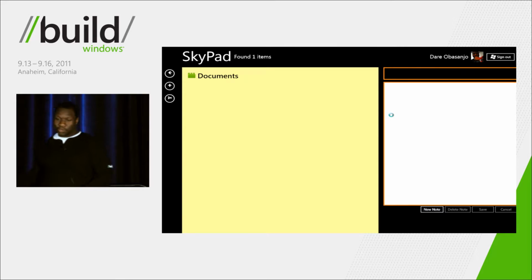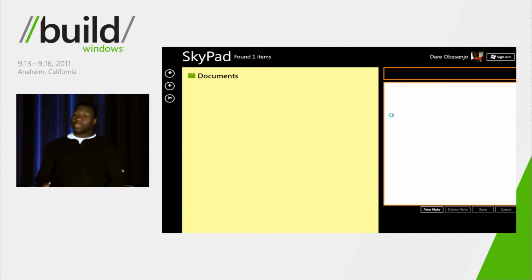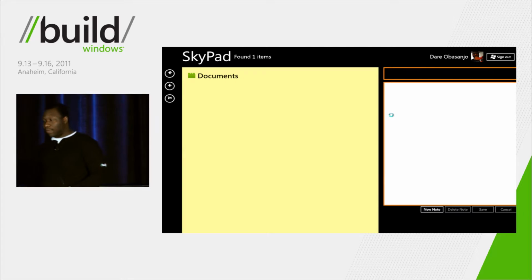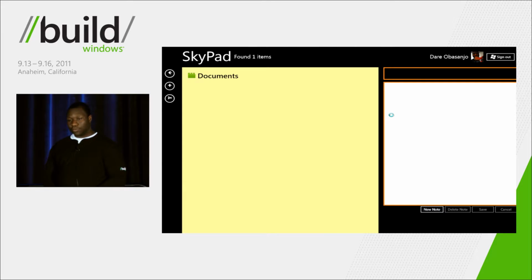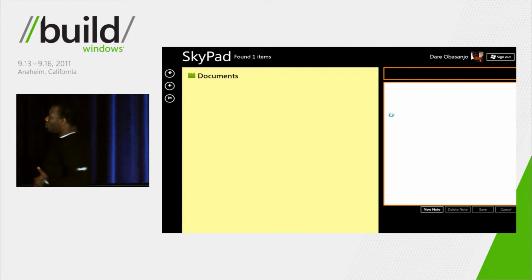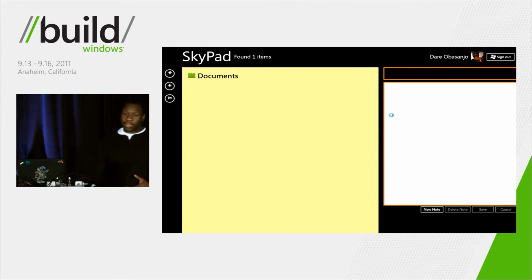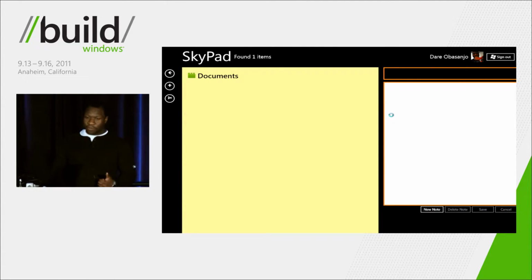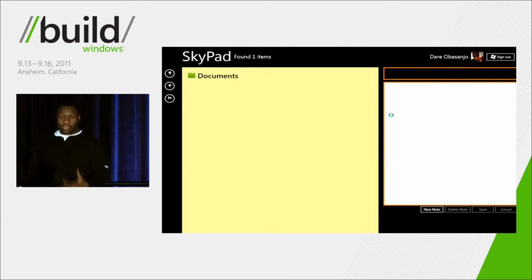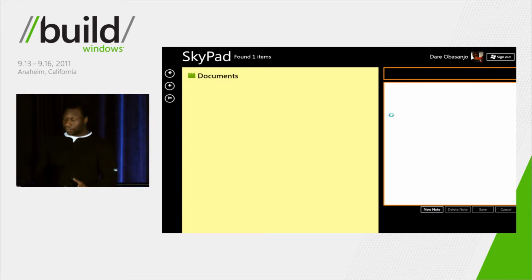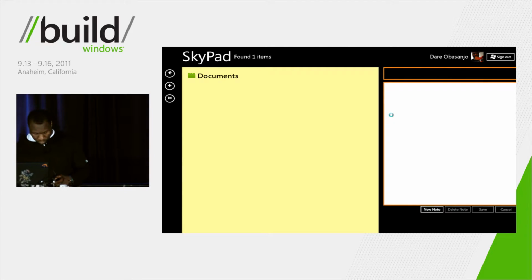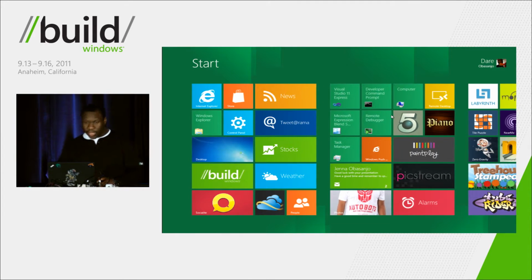Now, whenever I launch this Metro Style application, on any device, as long as I'm signed in with a Windows Live ID, I get a single sign-on, zero-click sign-in experience. I've launched the application, it knows who I am, it has my SkyDrive folder open, and it can start accessing my data because I've given a one-time permission to the application, and now the application experience is seamless. Never have to sign in, never have to sign up. And with that, I'll go back to the presentation.